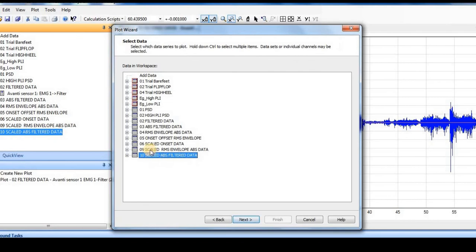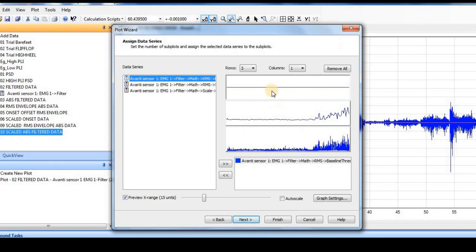Now it will ask for the different data series that are available. I can select any number, but I would take these last 3 because these are the scaled ones. Otherwise the scale will not match. Maybe we will be able to see one series and the other series will be so diminished or so high that we will not be able to appreciate them in any comparable manner. So I have selected these 3 series.